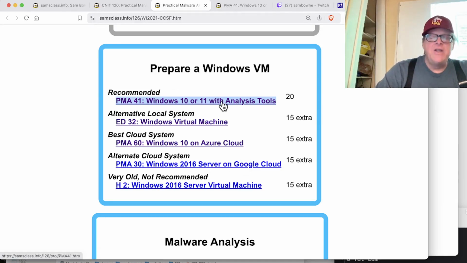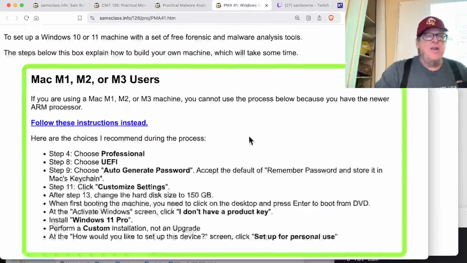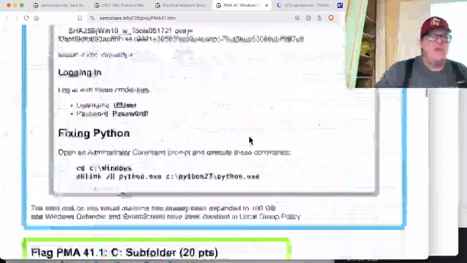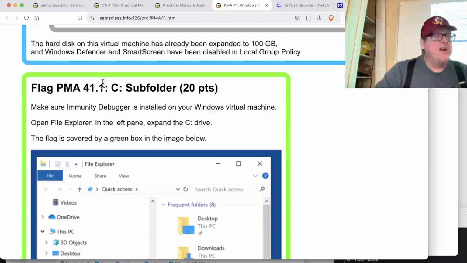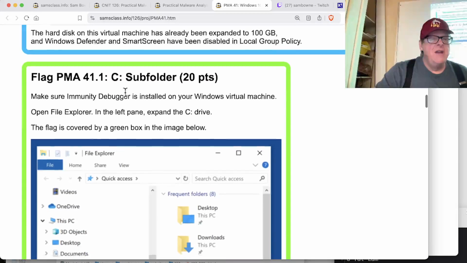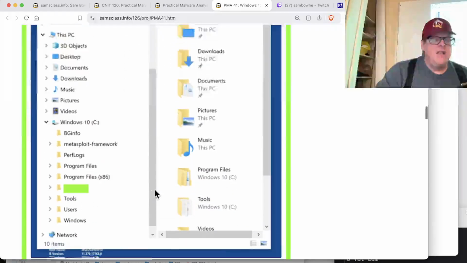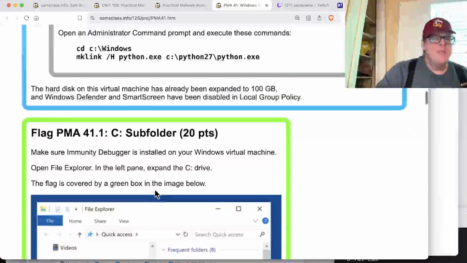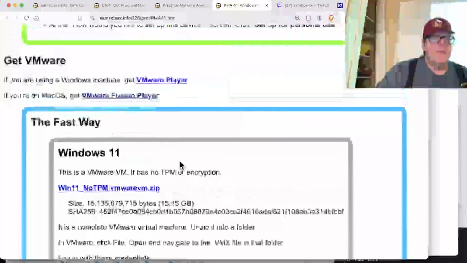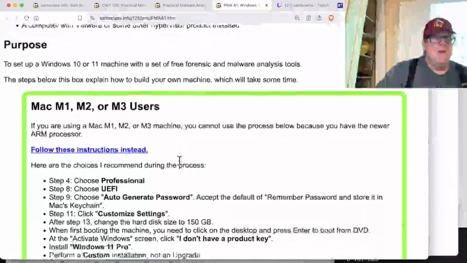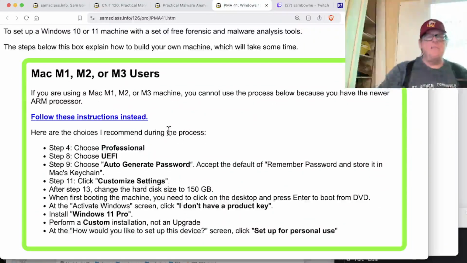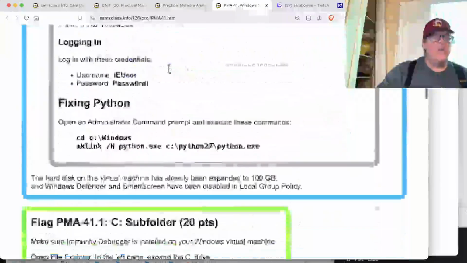So when you do this project, you get one of these machines running, then if you go to the bottom, there will be a flag in a green box. This is how you prove that you have done your project. You go down here and find this file. Now, this is for these ones. I feel like maybe there's an issue with the flag here. Anyway, the point is, if you get one of these Windows 10 or Windows 11 machines, then it has a